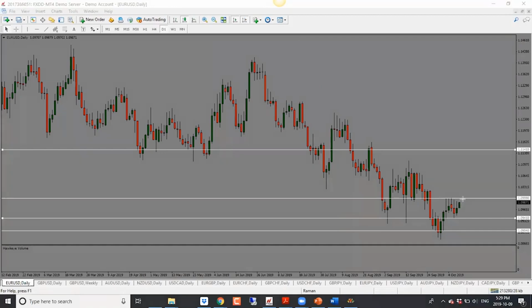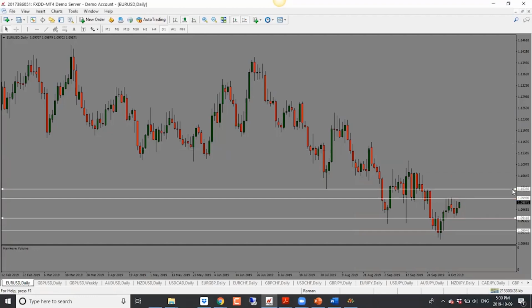So I would look for price to go higher here towards the high of this range. This is the range it's been trading in, between 1.0940 and 1.10. So I will look for it to go towards the high of the range. If it doesn't break through, then I'm looking for price to drop back towards the middle or the bottom of the range. Now, should it cross over and go through the high, then we are looking for a move higher,